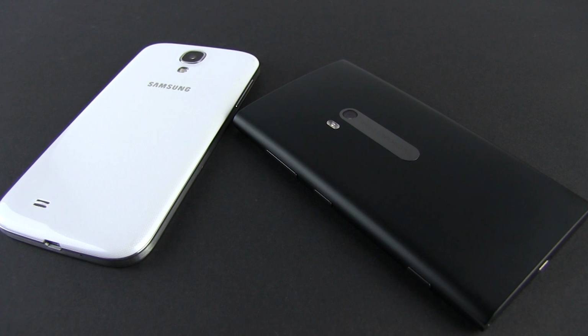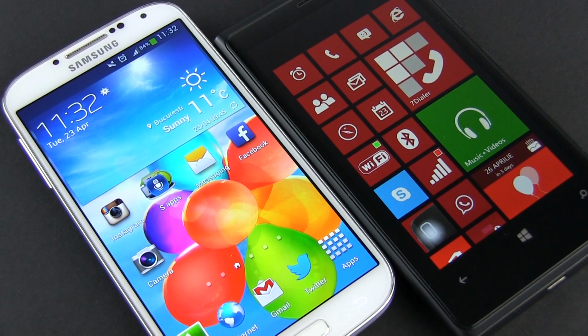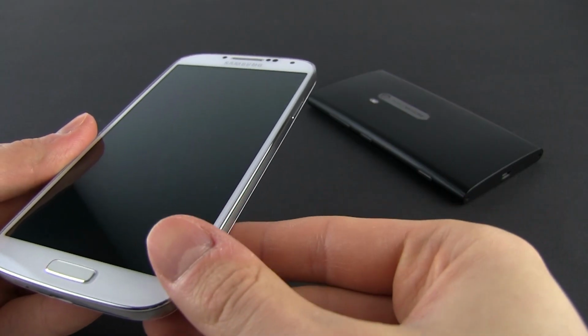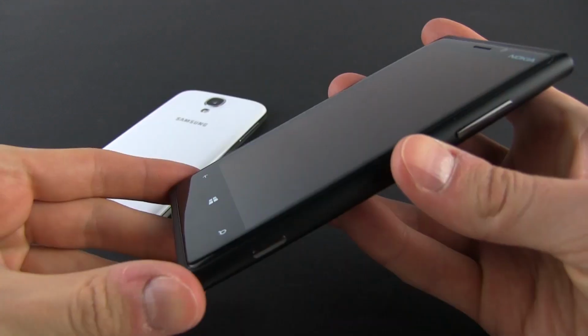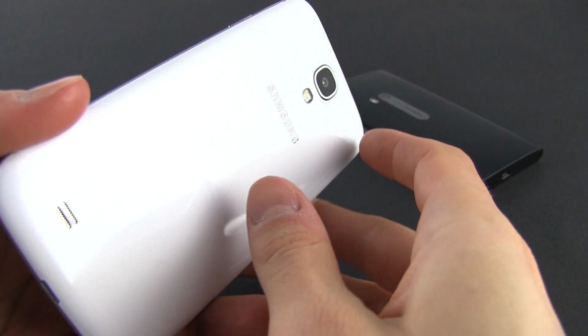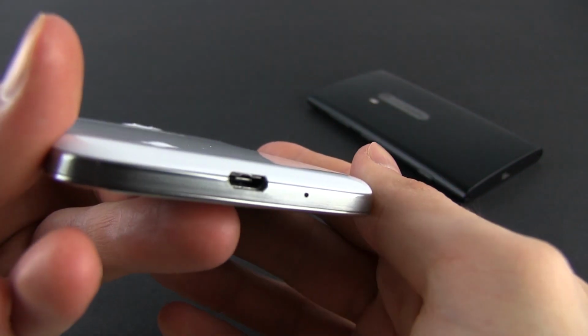Both phones will be available in several different colors, and the Galaxy S4 is for sure the more slender handset here, being slimmer and significantly lighter than the Lumia 920, while only a tad longer, and that despite packing a 5-inch screen. But it is also not as solid built as the Nokia, which is tough as a brick and should handle everyday hassle easily. The Galaxy, with its glossy plastic body though, just asks for a case to cover its fragility and